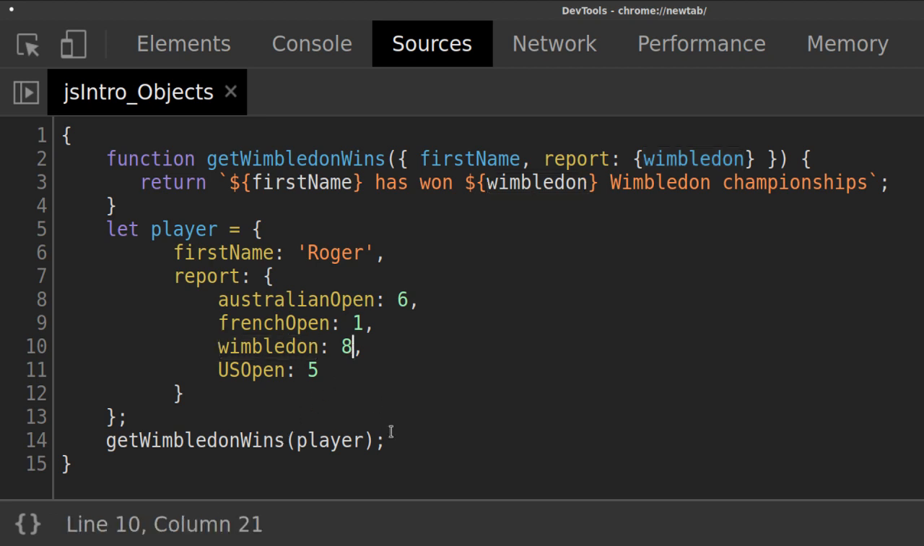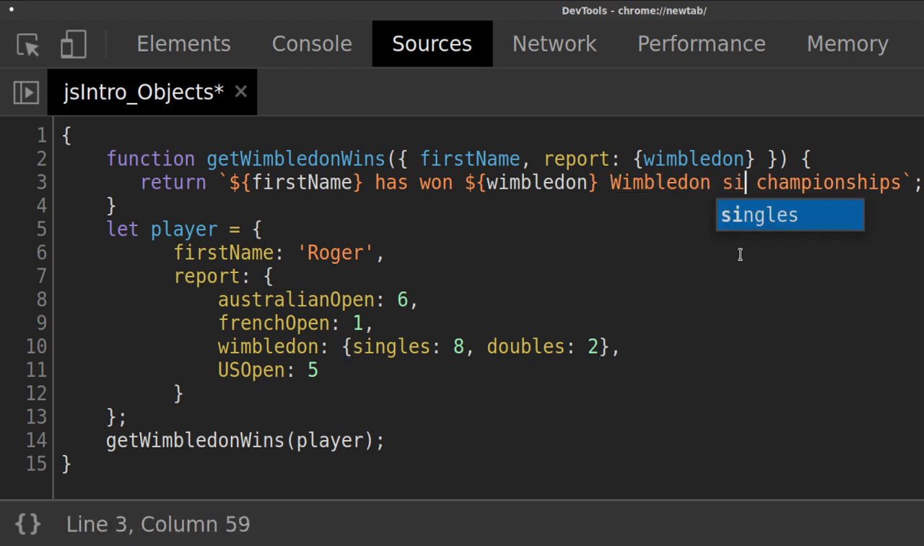Let's say that Wimbledon itself was an object and it had singles and doubles in it. Maybe singles he's won 8, and I don't know, he doesn't play much doubles, right? Or maybe he even doesn't play doubles at all. But let's just say he's won 2 doubles for the sake of the argument. So, if we just wanted to access the singles championships that he's won,